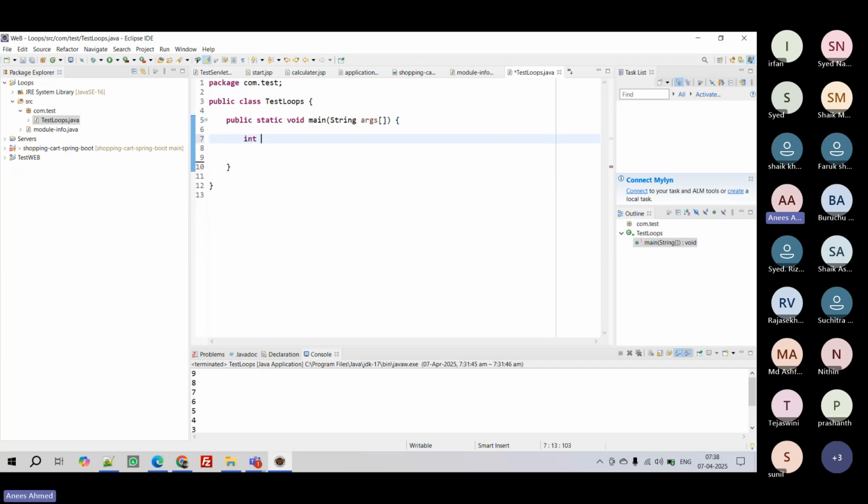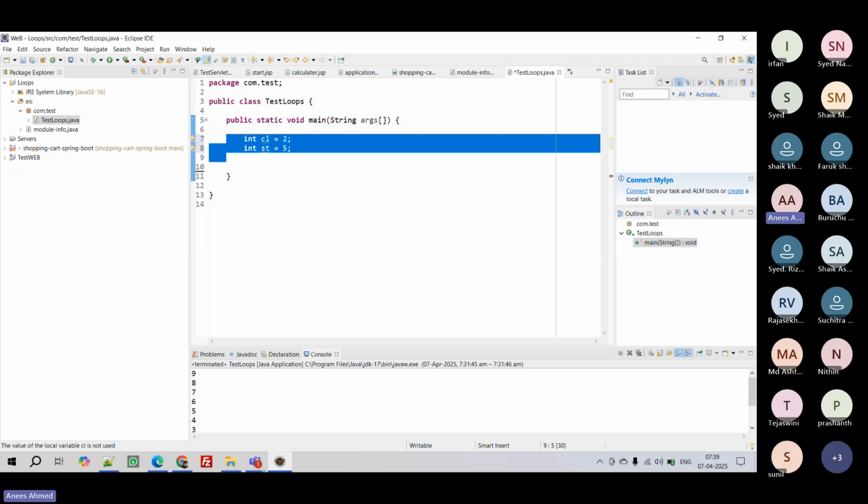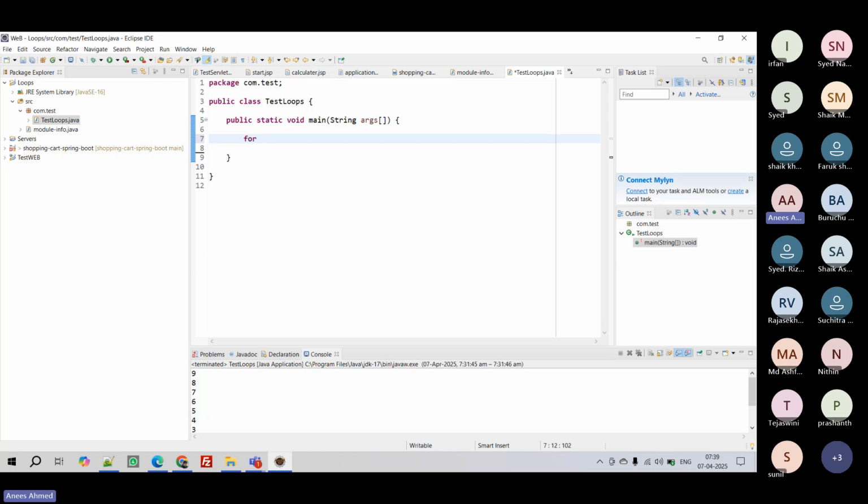I will take int. First I will take class. First we will take a school. Okay, school. Let's go with class first. How many classes? I am having 2 classes. Then I will write how many students? 5 students. So how will I write the loop? 2 classes, 5 students. But I'm not considering school because it's a single school. Int